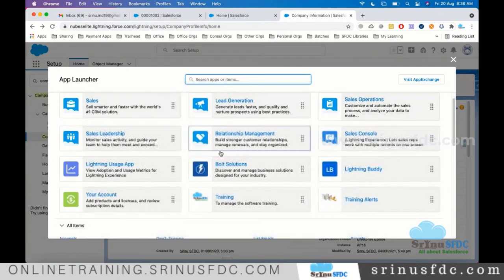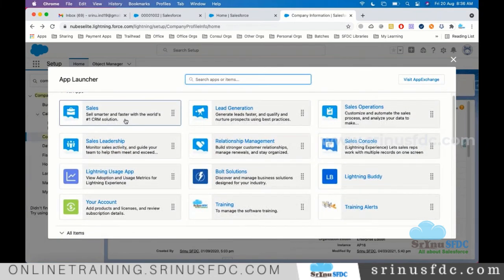You are not seeing Marketing or anything else, only Sales-related applications. Compared to this, in developer edition you can experience everything. So don't think that we don't have access to real-time experience. Developer edition goes beyond what we do in some of the editions, except for some limitations like creating sandboxes and space.